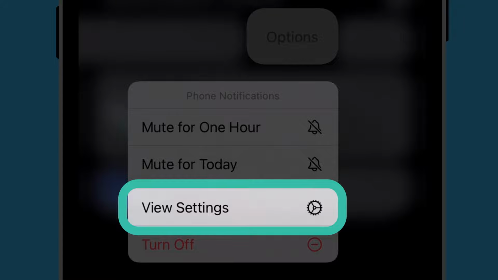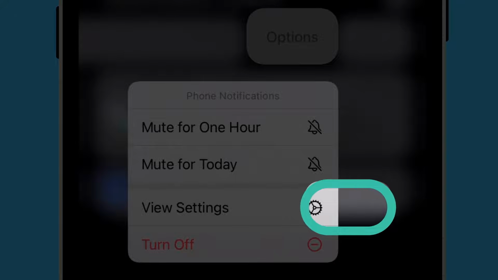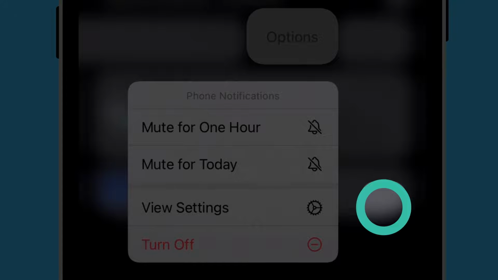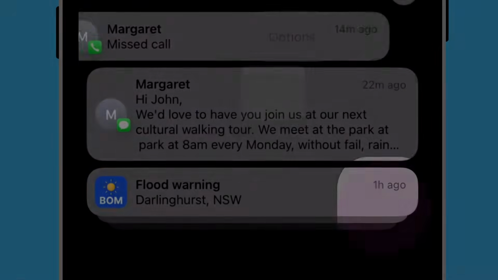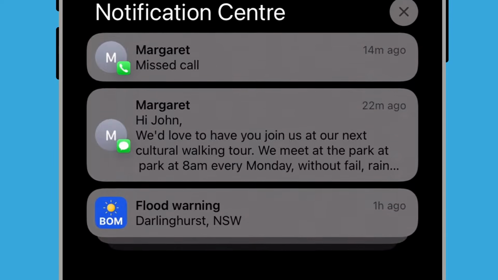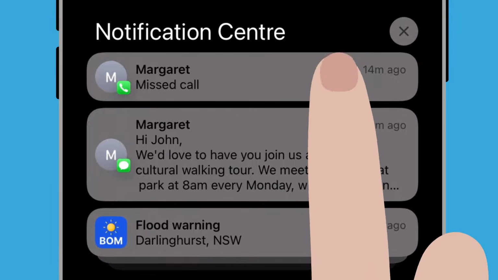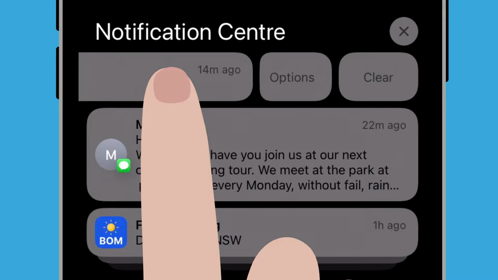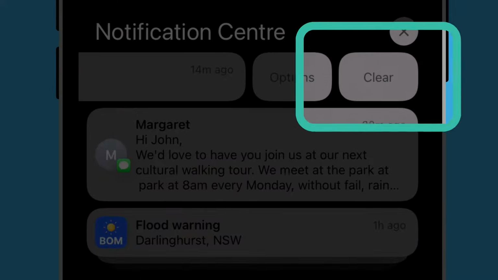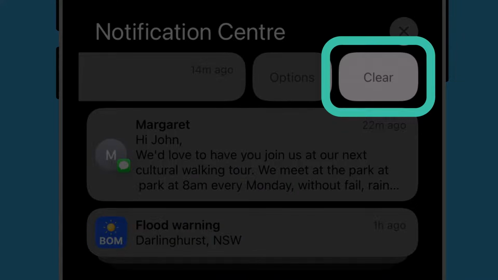For this demonstration, we'll tap outside the Options menu to return to the Notification Centre and swipe the notification to the left to reveal the options once more. Tap Clear to delete the notification and remove it from the Notification Centre.